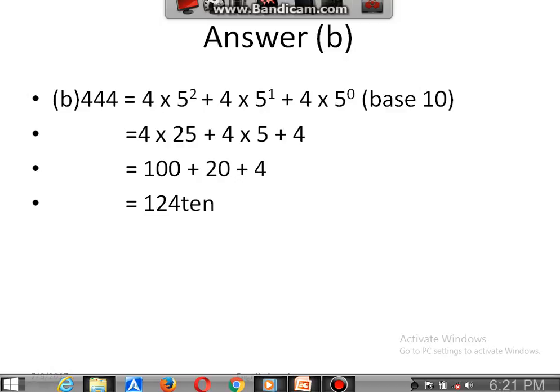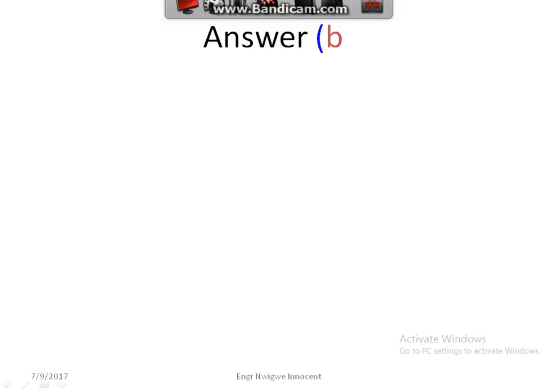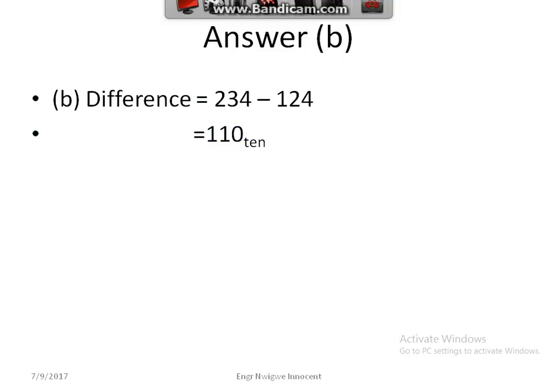B, still at B, answer B. We now find the difference in base 10, which is 234 minus 124, which will give us 110 in base 10. Therefore, we have to leave the answer in base 5. We now convert 110 to base 5, which will now be